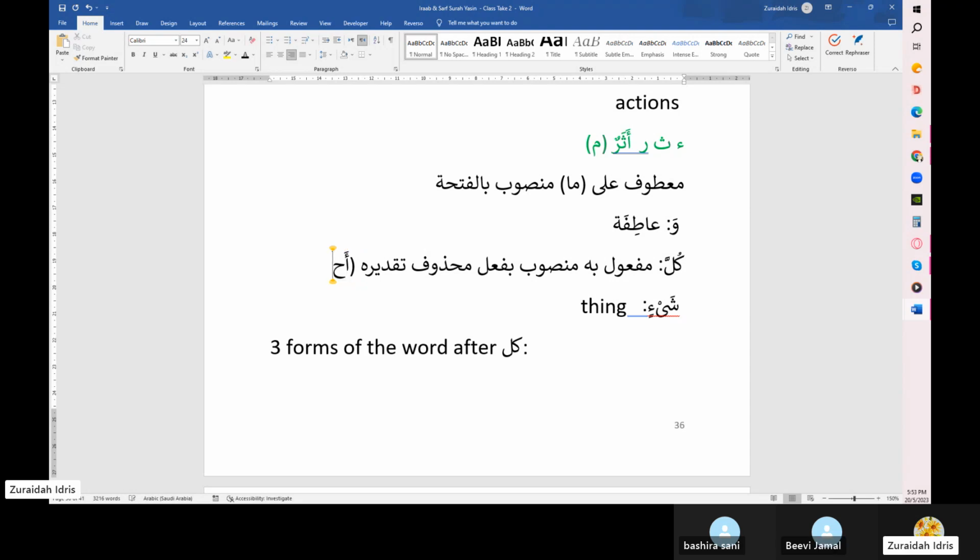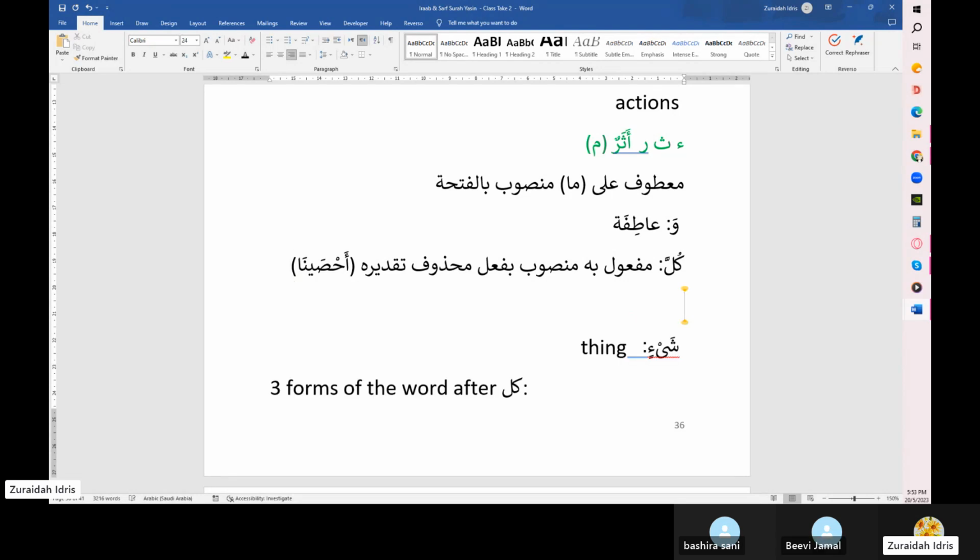Too many examples also. Sometimes you don't see this. You've got to train yourself to look at this. And then as you read your Quran, you see, oh okay, this looks like an ishtigal. So this is one way of writing it. Another way, which I rarely come across, but there are some instances where you actually see them saying it like this: